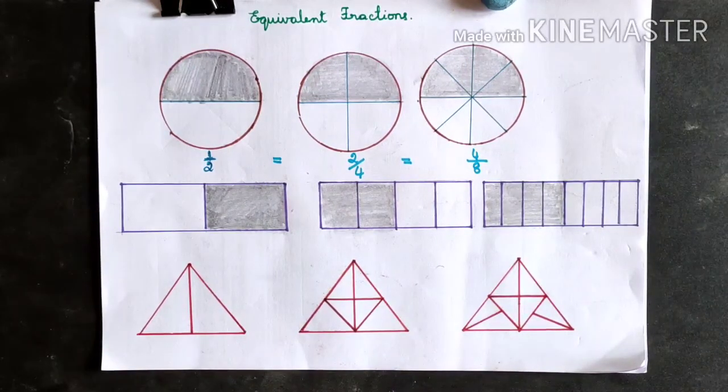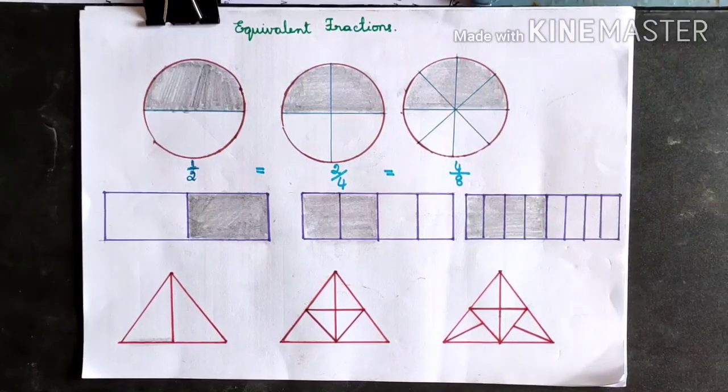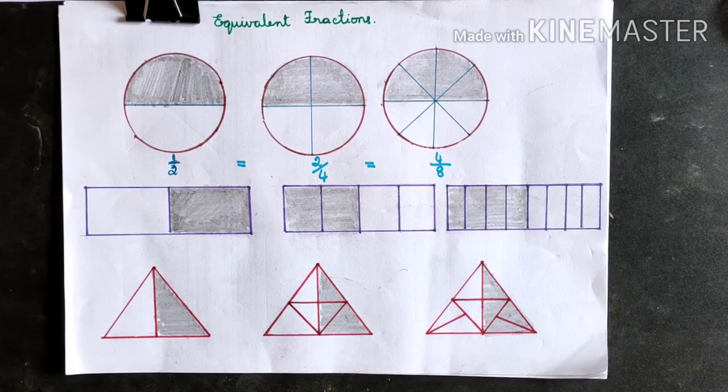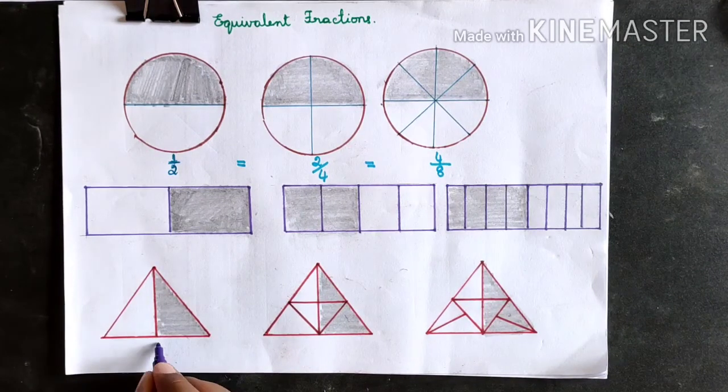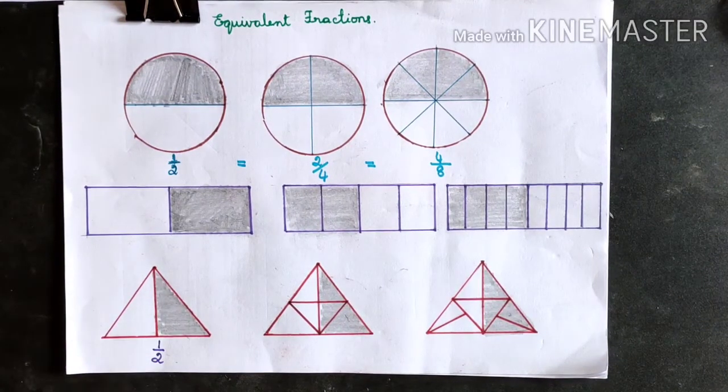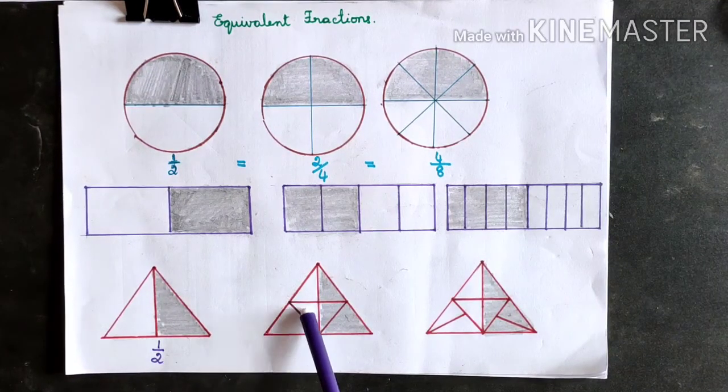Let us see one more, triangles. We have 3 triangles. First one, I am going to shade one of the 2 parts. That means I have to shade half part of every triangle. Then we will write the fractions. We can clearly see this is 1 by 2. Counting the triangles in this, there are altogether 6 equal parts, and out of 6, 3 are shaded. So the fraction becomes 3/6.